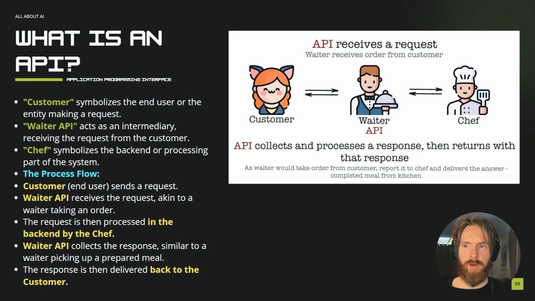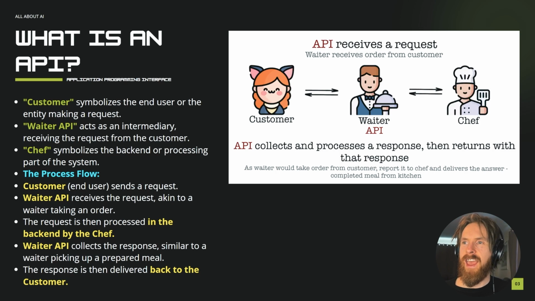So the customer sends a request, the waiter API receives the request, the request is then processed in the backend by the chef, the waiter collects the response from the chef and brings it back to the customer. So that is kind of what an API is. It stands for Application Programming Interface, and this is very important to learn if we're gonna do some AI engineering,